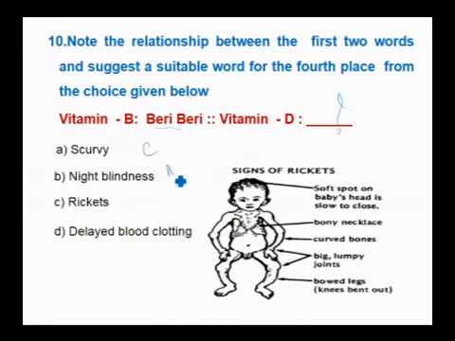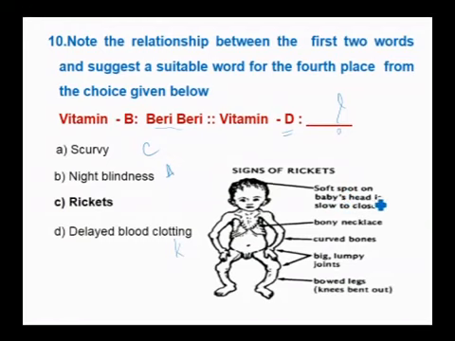Night blindness is because of vitamin A. Rickets is because of vitamin D, wherein the bones are not properly formed. Delayed blood clotting is because of vitamin K. See, you are looking at the picture here. The signs of rickets: